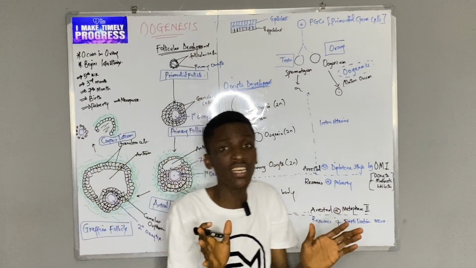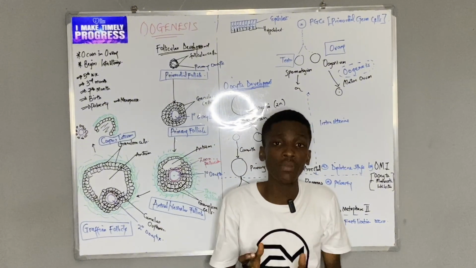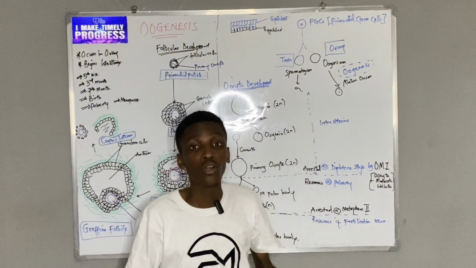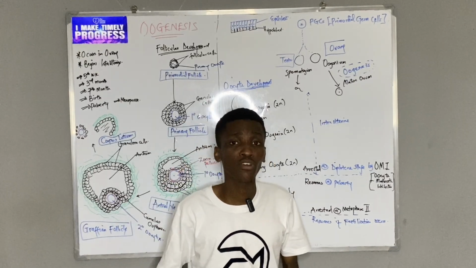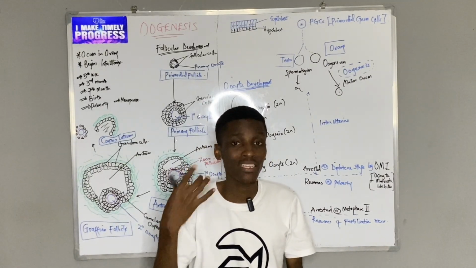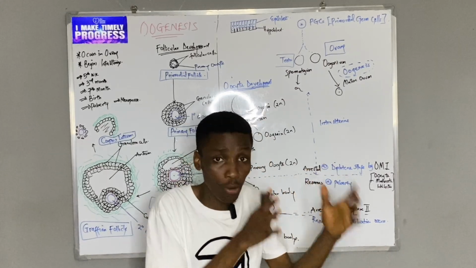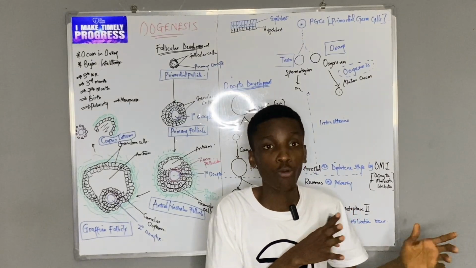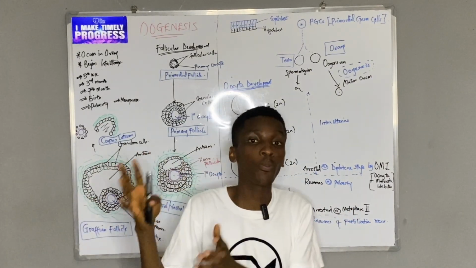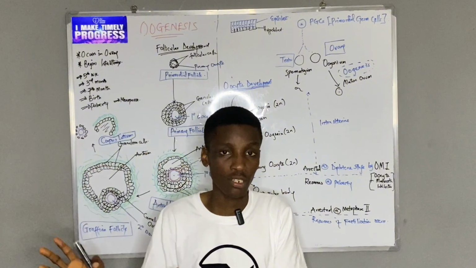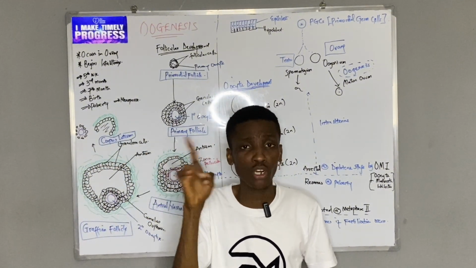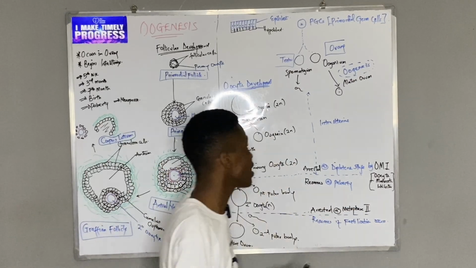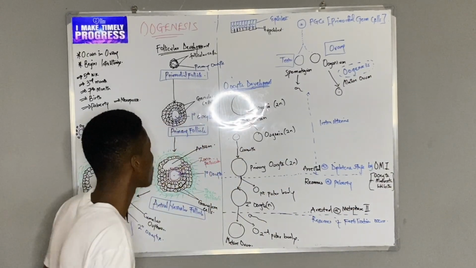Now, the lovely thing here is, usually during development, the developing germ cell requires support. Listen very carefully. The developing germ cells require support. For males, the support is gotten from Sertoli cells, whereas for females, the support is gotten from follicular cells. Now, where are the sources of follicular cells? In males, it is a cell on its own. But for females, follicular cells are actually gotten from